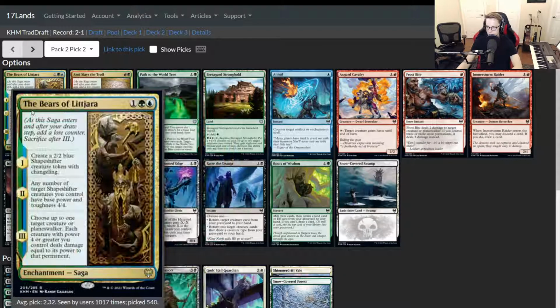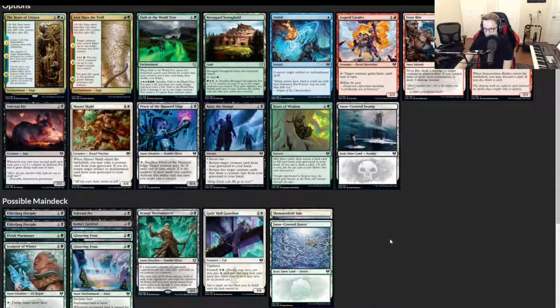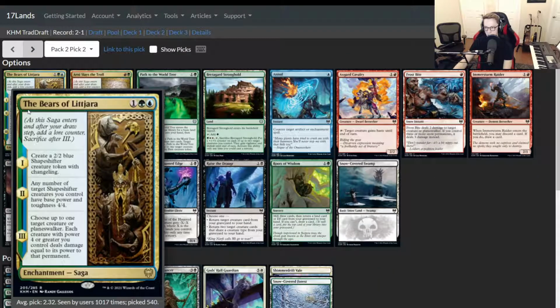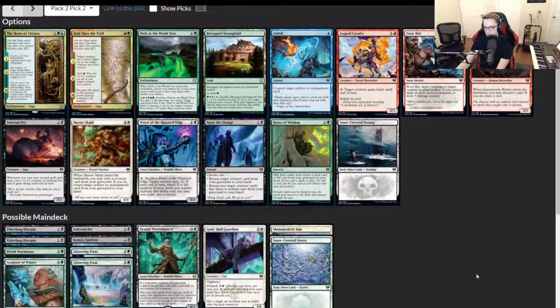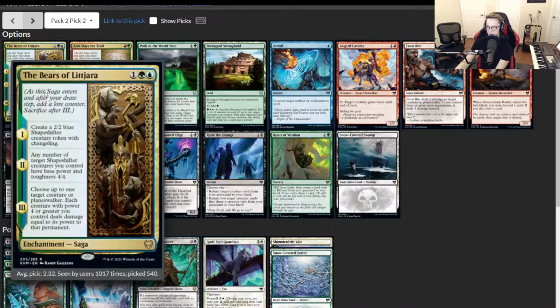Pick 2, oh boy. So, Rare Saga, this Bears of Lityara card is super powerful. We don't have any Changelings just yet, but even making a 2/2, turning it into a 4/4, and then having it punch something is pretty nice just on the baseline. I think we pick it up here. We've got the means to splash it. We've got lots of time to pick up cards like Masked Vandal or Mistwalker to really just make this thing